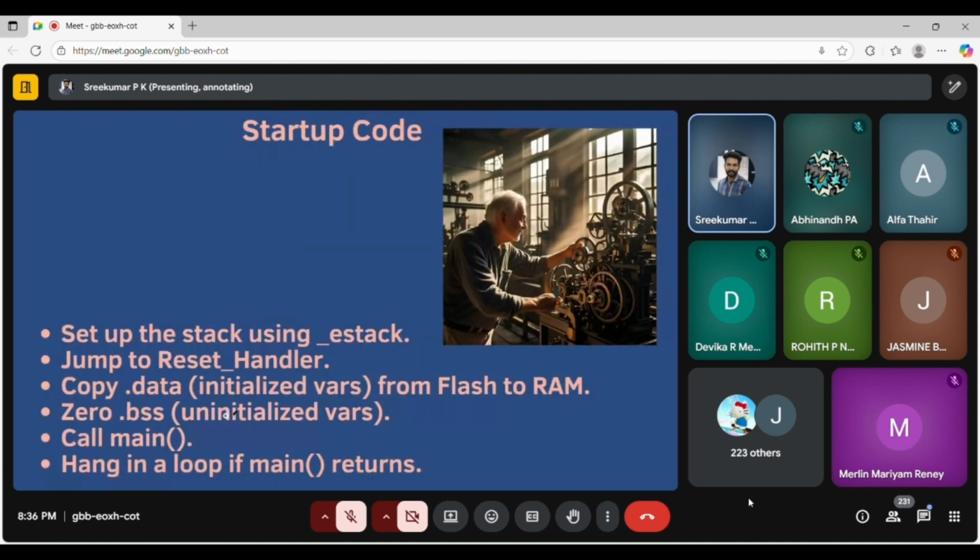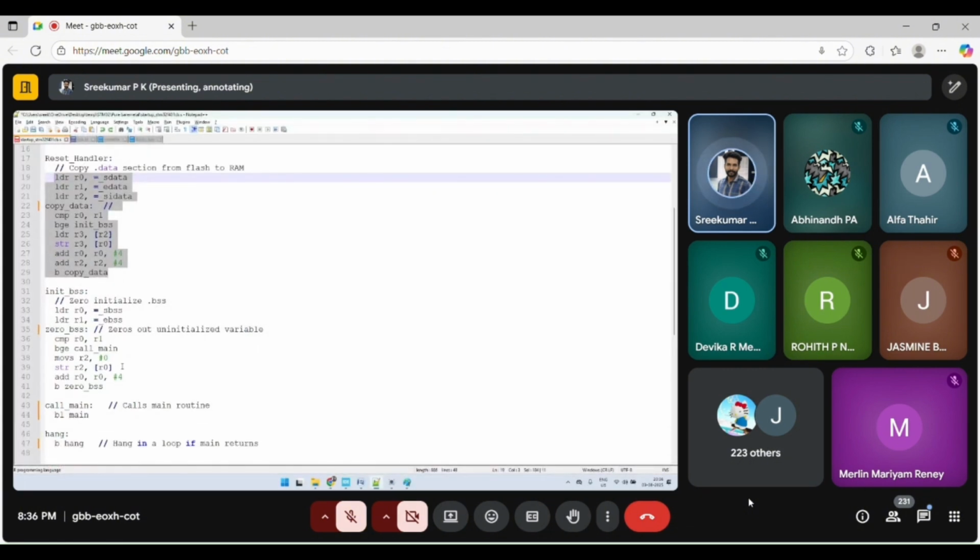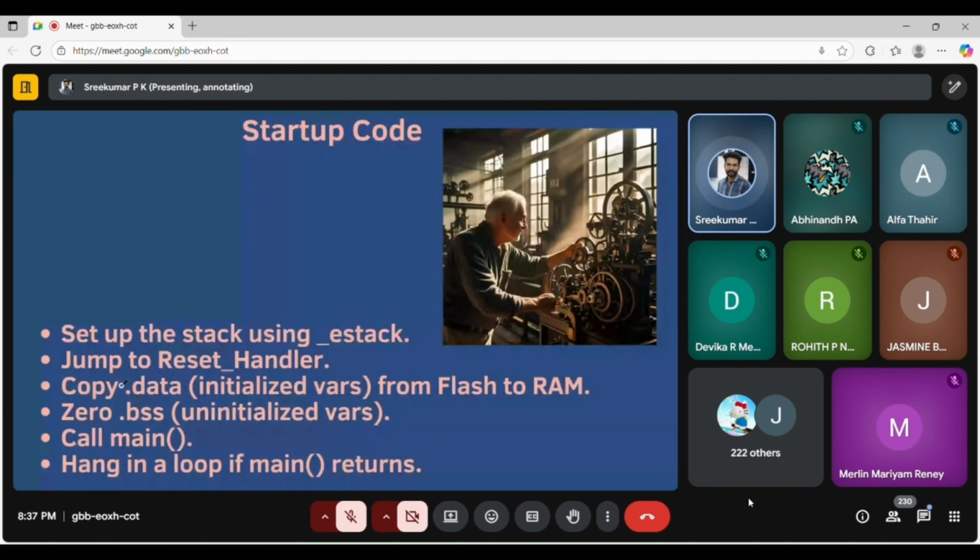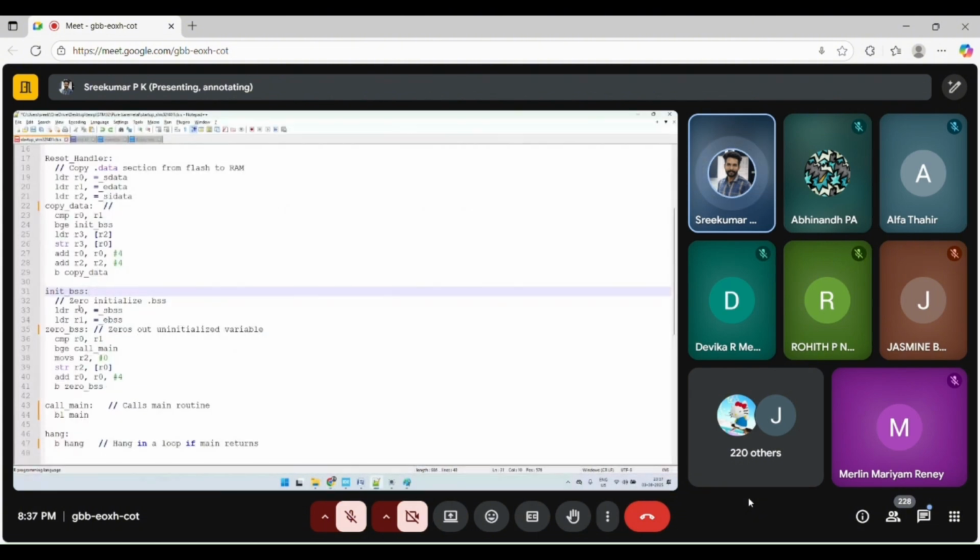Okay. Now what is next? It zeros out BSS. Uninitialized variables are getting zeros. So see, zero initialize BSS, init BSS section. Here you are calling this particular function, or this particular function is executed after the microcontroller powers on. So this is the sequence of what happens in the startup code.